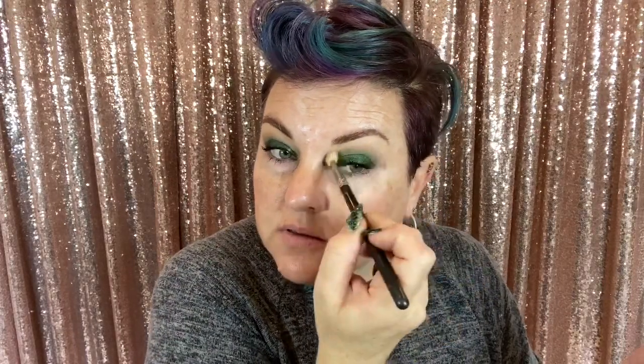Okay. Just adding a little bit of, sorry, you can see. Again, just to push back that intense lid space, crease space that I have. So just take that up a little bit. And I'm just using it to blend that green. Okay. All right, so now